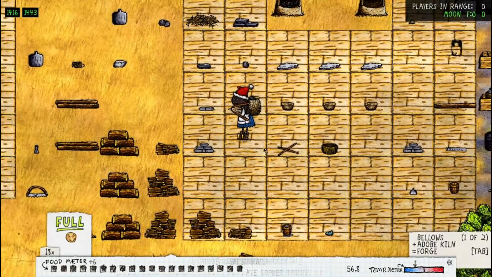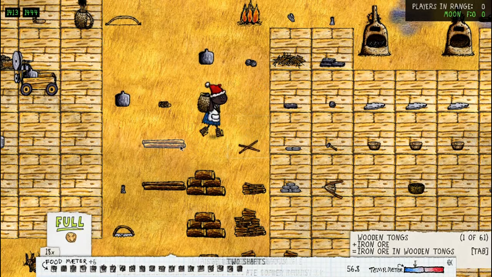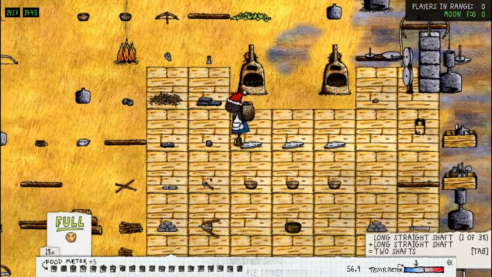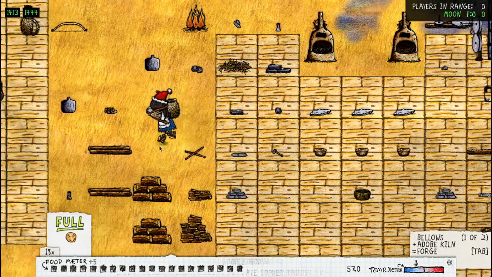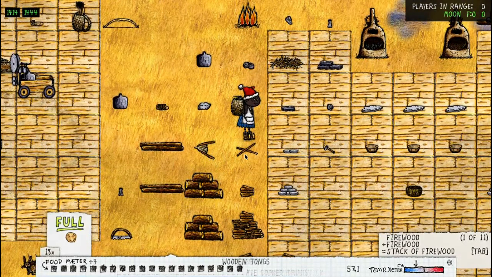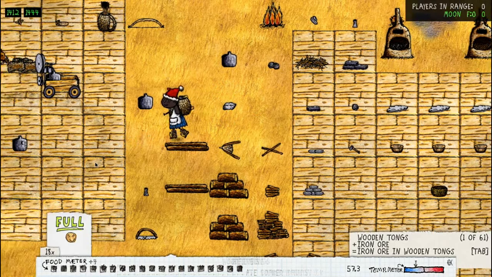To make tongs, you need a long straight shaft, and you hit it with flint chip, and it'll make that. Bellows is a little bit different. To make a bellows, you need wooden tongs. You need a water skin, which a water skin is